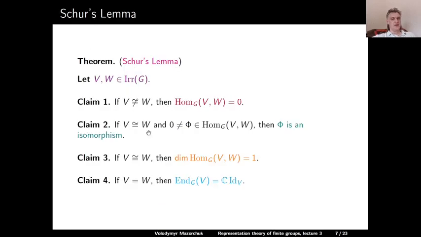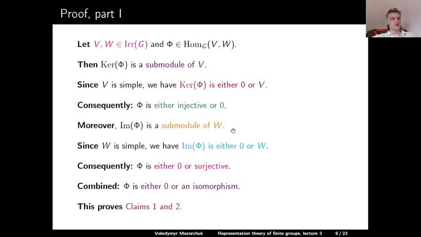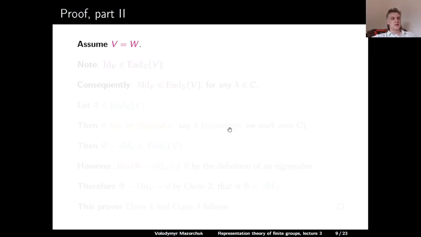Here is the recollection of these two claims. If we have two non-isomorphic simple modules, the only G-Hom between them is 0. If they are isomorphic, then any non-zero Hom between them is an isomorphism. Let us now proceed to the proof of the last two statements. So assume that V is equal to W. As we have already seen, the identity map is certainly an endomorphism of V. Consequently,